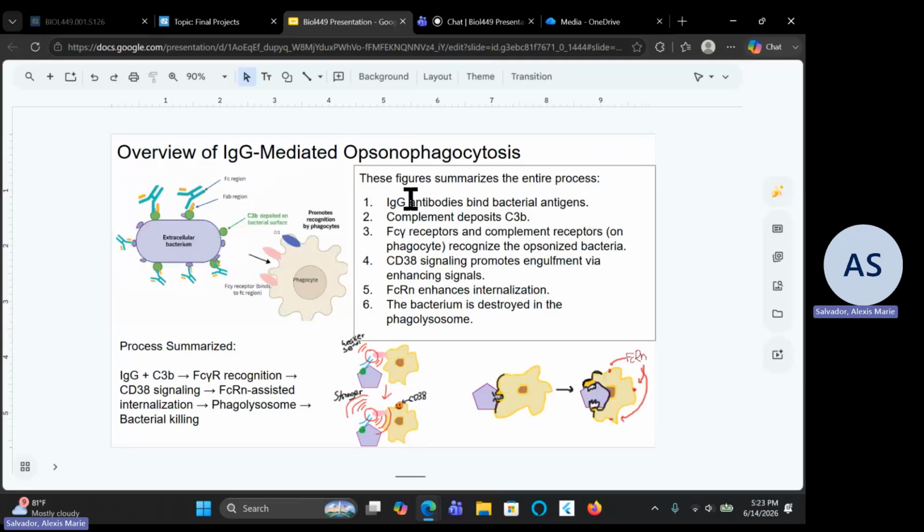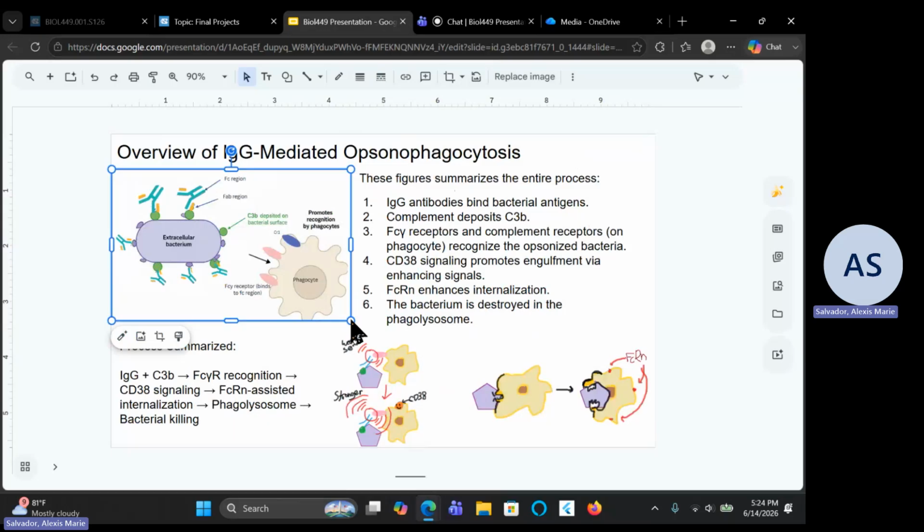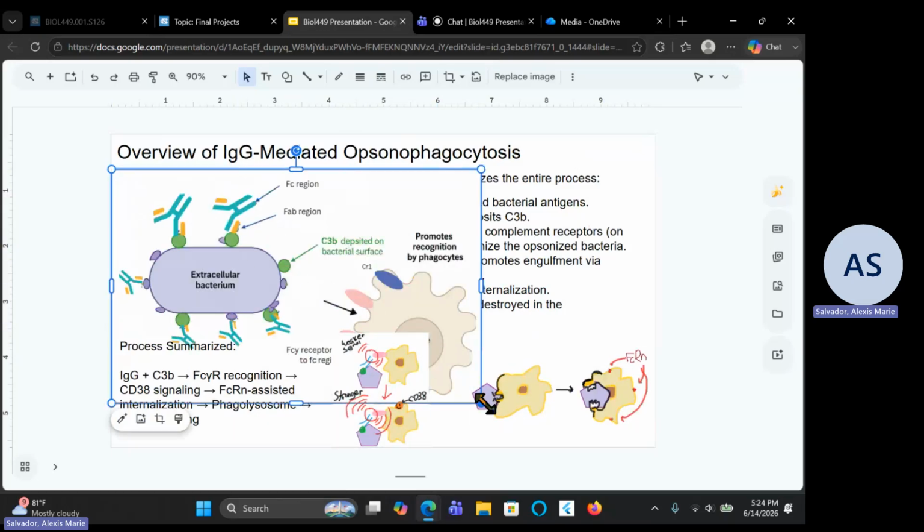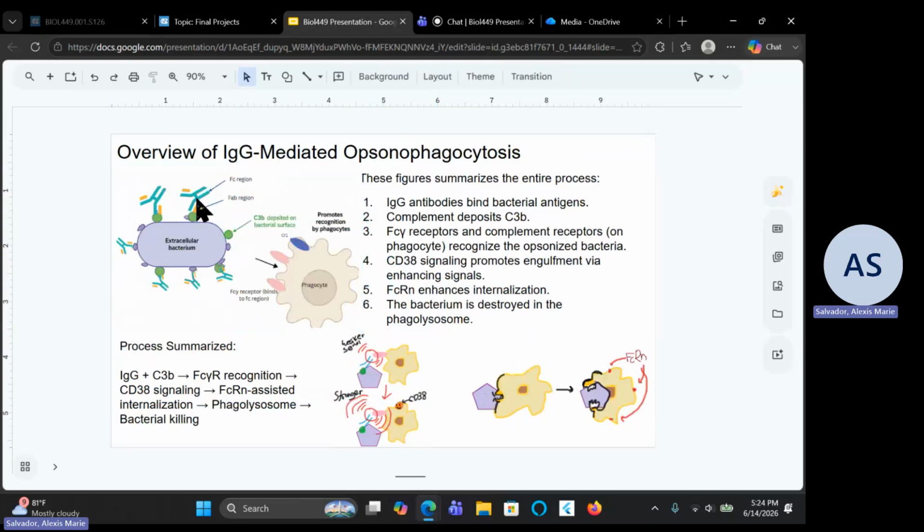We'll start with 1. IgG antibodies bind bacterial antigens and complement deposits C3b. So on this image right here, oh my gosh, it's overlapping. So we'll see that these antibodies right here are going to bind to this extracellular bacterium, and there's this C3b deposited on the surface. So these Fc gamma receptors and this CR2 receptor on this phagocyte are going to recognize this bacterium because it has these tags on it, this opsonization that's occurred because of these things that are on it, right? So the Fc gamma receptors and complement receptors recognize the opsonized bacteria, and CD38 signaling promotes engulfment via